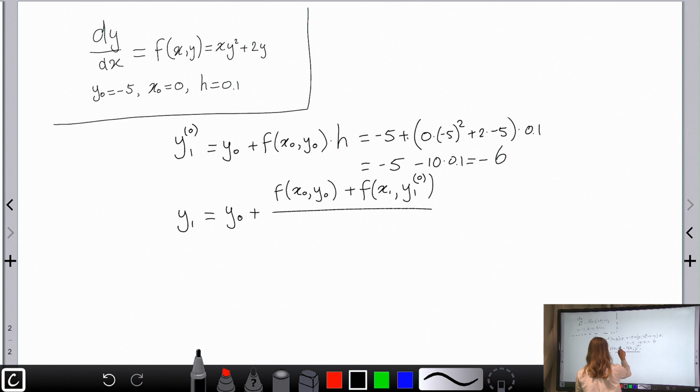So these are the two slopes that we average out. And now we divide it by 2 times the step size again. And we can plug in the values to get -5 plus -10 plus, and we plug in the values of x1 and y1 into this function, so we get